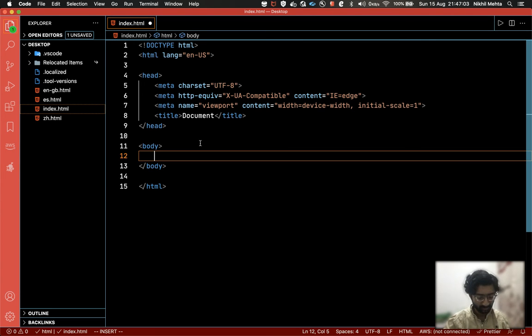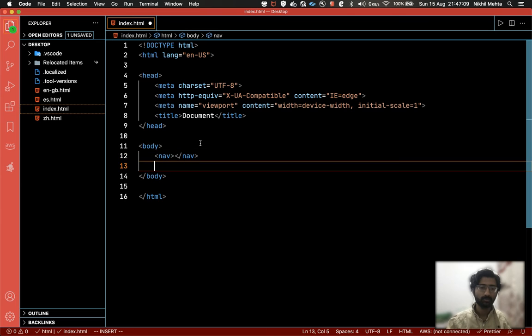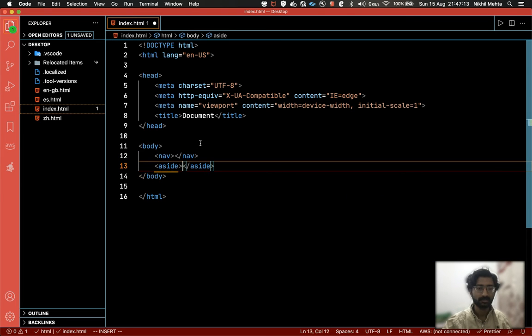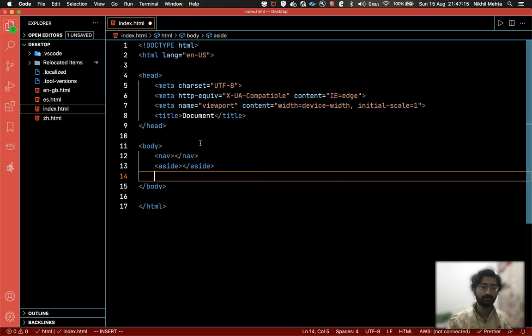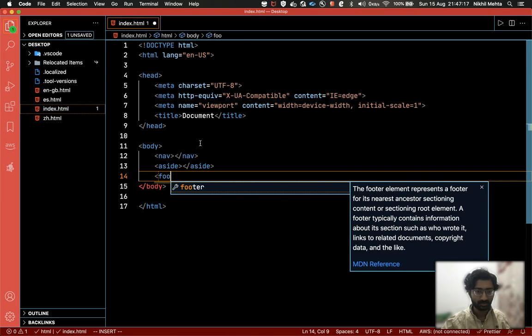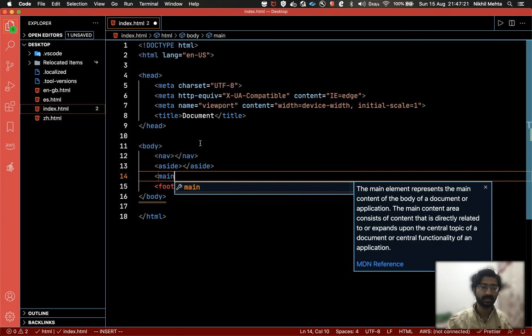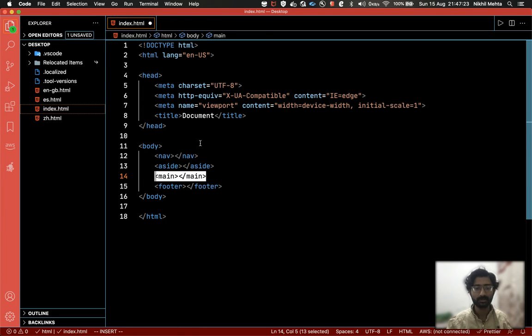You would use the nav tag for your navbar, an aside tag, a footer tag for your footer, and then you will have a main tag. This is really important. The main, as the name suggests, should have the main content of your page.